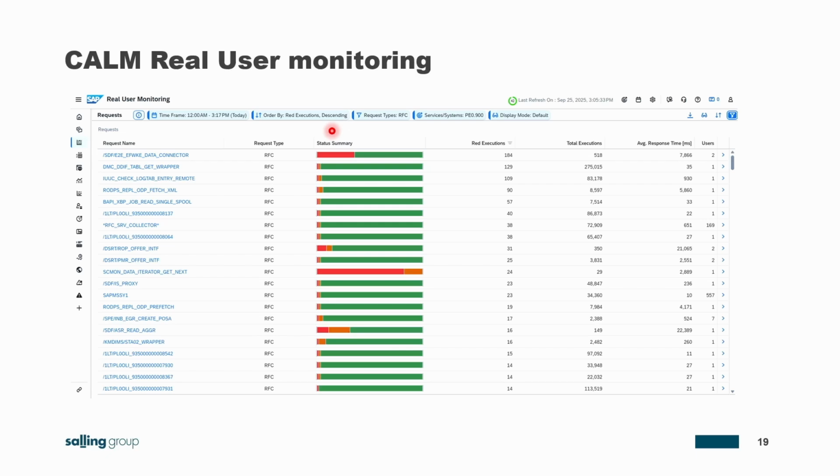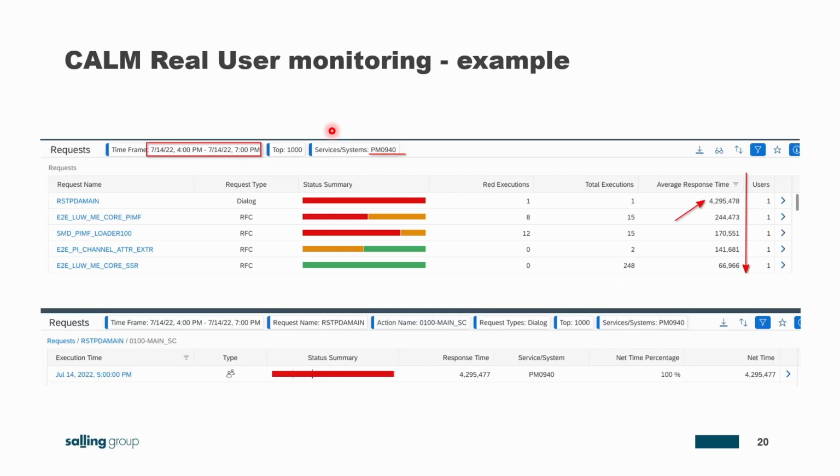Yes, and here we are back to real user monitoring, and here we have a small storyline, where we identify some issues. We are diving into it. It is actually not in our ECC, but in our Solution Manager system. Our ChaRM stopped working, and that is a no-go.